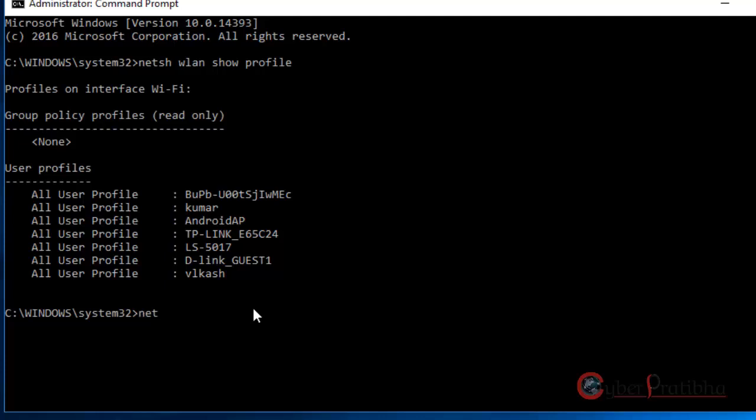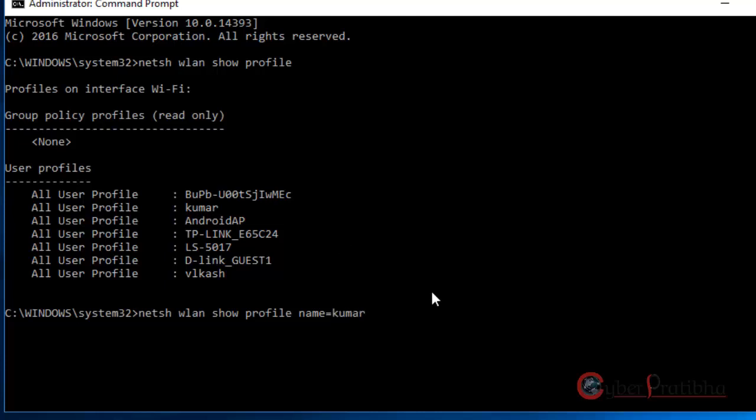then the command is netsh wlan show profile name= and give the name. Like, I am going to find out the password of the Kumar profile, KUMR.